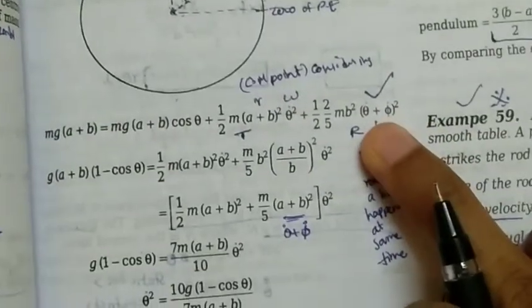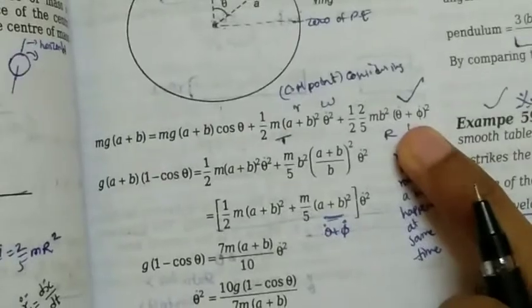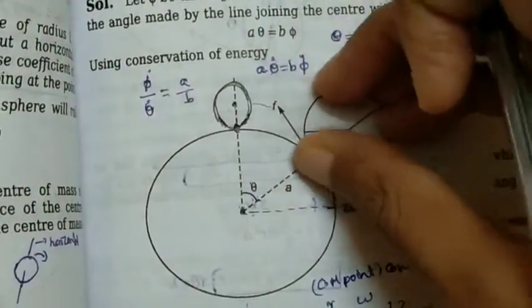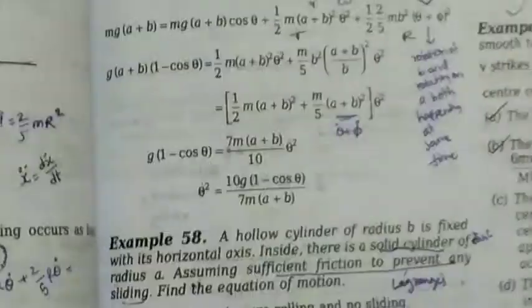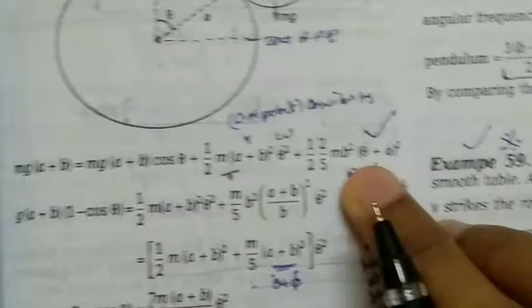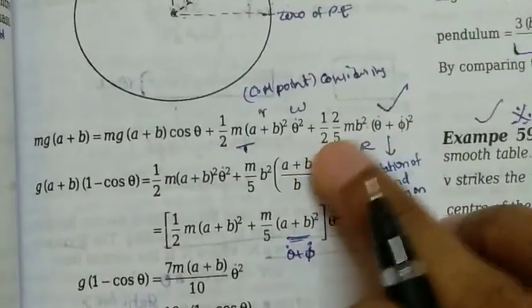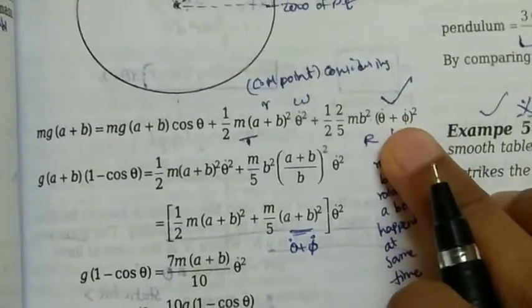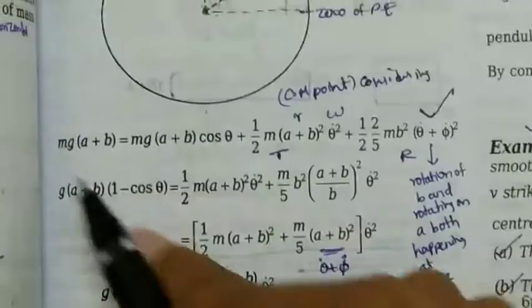Hence in the place of omega we are having (theta dot plus phi dot) whole square, because this point is rolling on this sphere, and at the same time it is rolling on this sphere also. So overall, angular velocity is theta dot plus phi dot. So half I omega square: half I is nothing but 2 by 5 m b square, and omega square is nothing but (theta dot plus phi dot) whole square. So this is the main equation we need to